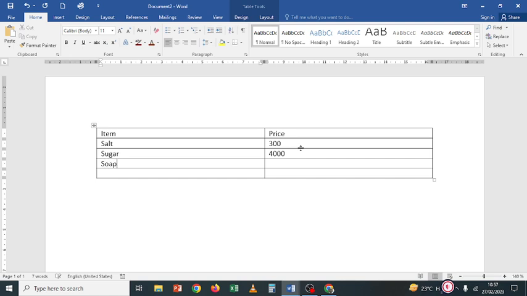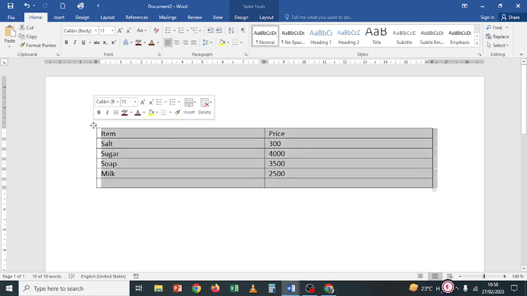I'm continuing to tab. Each time I enter, if I want to move to another cell, I press tab. I keep on tabbing. Now if I want to continue adding other items, I simply tab, a new row will be created, then I continue typing. Now if I want to change the table design, still I select, maybe the entire table, then